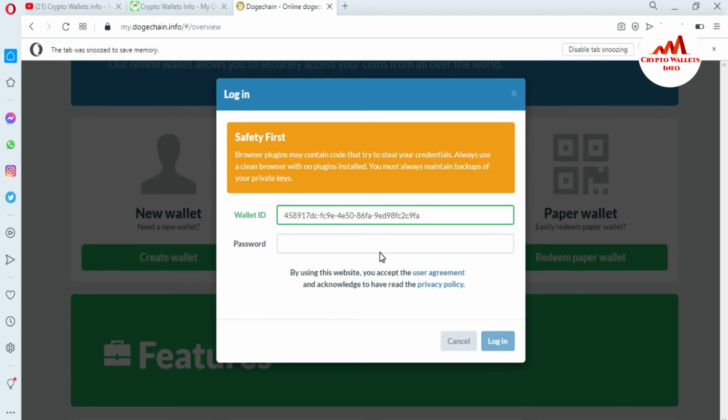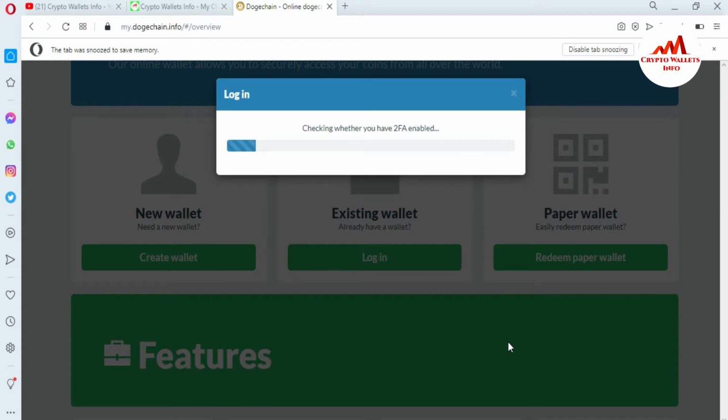This is not for deposit use, and please keep in mind, don't use this information for your personal use because this video is only for educational purpose. Okay, so now I'm going to enter my password here because I need to withdraw an amount from my Dogecoin online wallet. I have entered my password, so I'm just going to click on login.